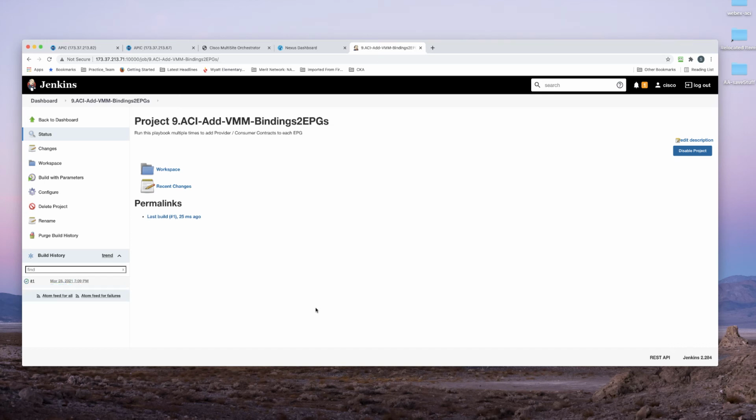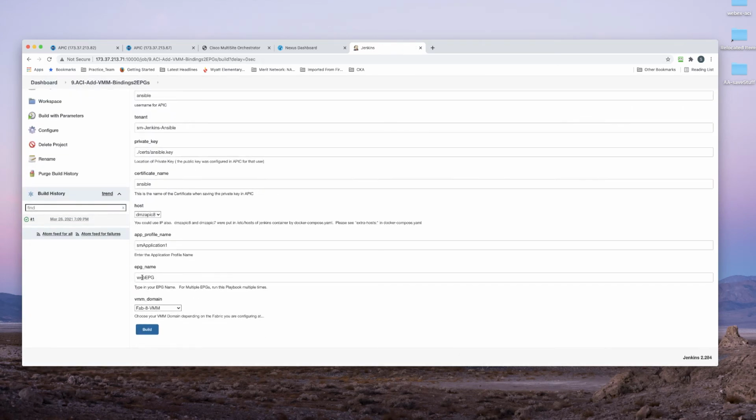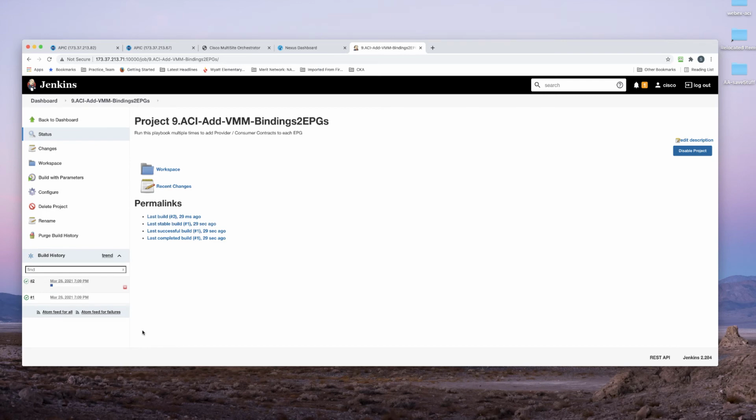Now you could take this much further and use Terraform or even Ansible to spin up VMs on vCenter and connect up the port groups and everything else from a template in vCenter. So anyway, build with parameters, and now I'm going to set my DB EPG also to that same VMM domain, and I say build. And now that I've done that, once this finishes,